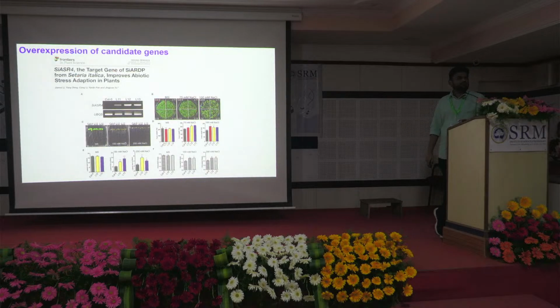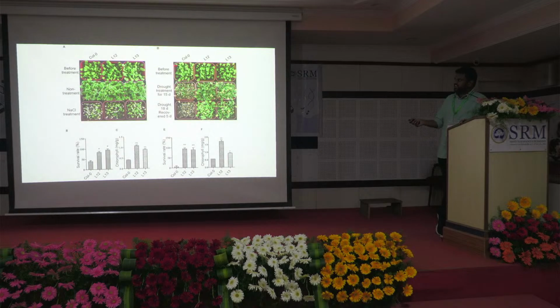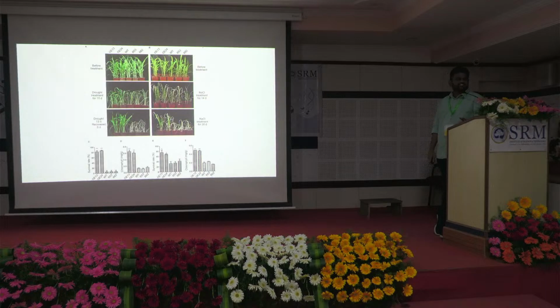This ASR4 protein, when this Chinese group overexpressed it in Arabidopsis, right? These two are transgenic lines. When they stopped watering for almost half a month, the plants didn't die. And when they watered, the plants recovered immediately. A single gene from foxtail millet, when expressed in Arabidopsis, is able to confer drought tolerance. They performed the same set of experiments in rice also, and they showed that the gene was able to confer